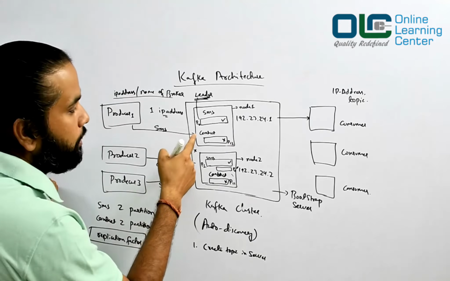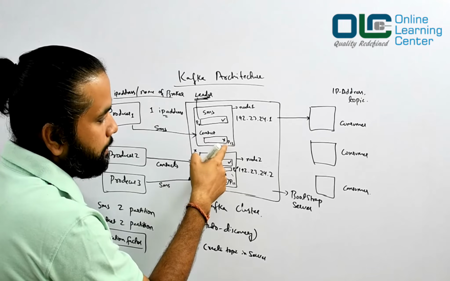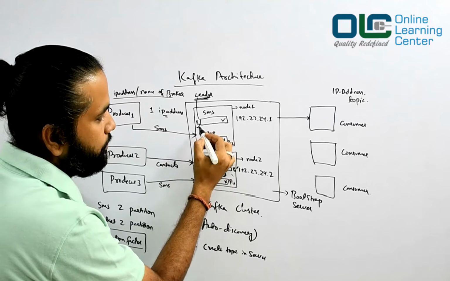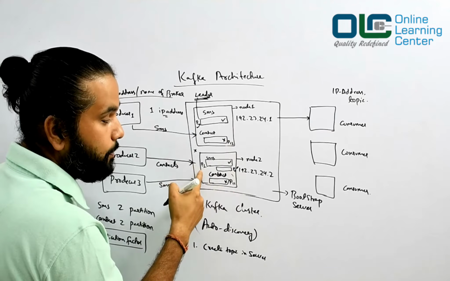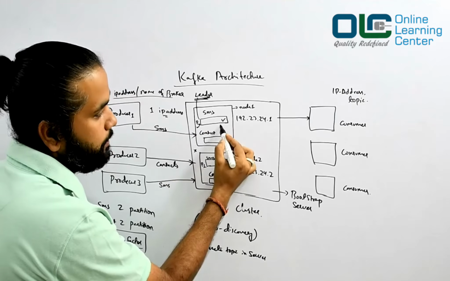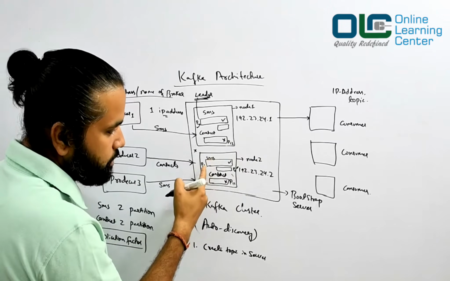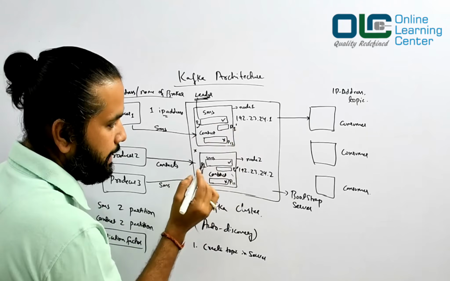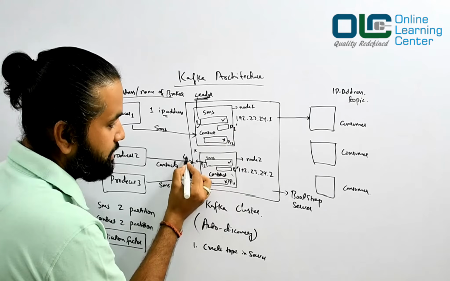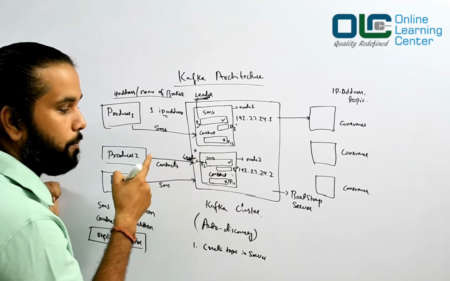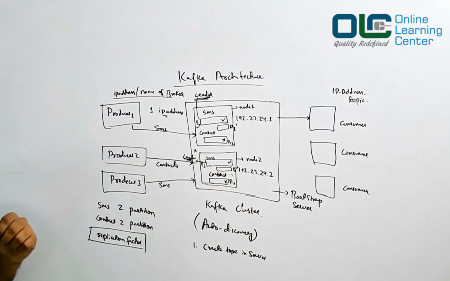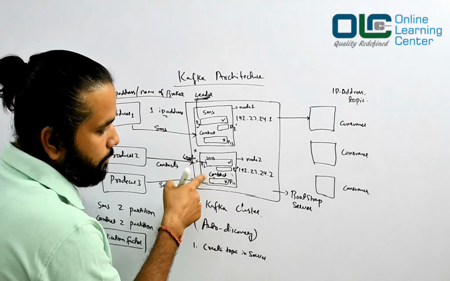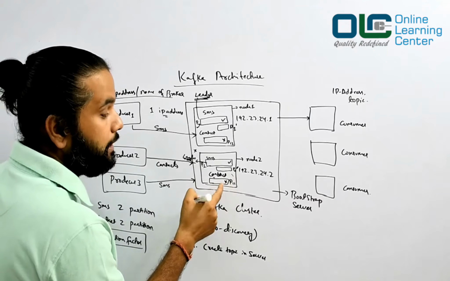Done. Similarly, if you see contact, I have the second partition here and I have the first partition here, right? For this we created a replica. Done. For this also you should create a replica, and the replica should not be created here. The replica should be created here. Okay, so SMS P1, so I'll say P1 dash. So this is the SMS P1 replica, and this is your leader. The original copy is your leader. Okay, and the duplicate copies are your followers. Okay, all right. Now see here, you have a contact where you have P11 and it is the main, so it would be a leader.